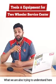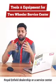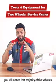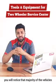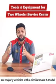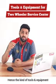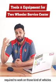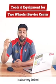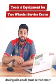What we are also trying to understand here is the fact that if you look into a Royal Enfield dealership or a Royal Enfield service center, you will notice that the majority of the vehicles that come into that service center on a regular basis are vehicles of very similar make and model. And hence, the kind of tools and equipment that is required to work on those vehicles is also very limited. However, in our case, when we are dealing with a multi-brand service center, we are going to be